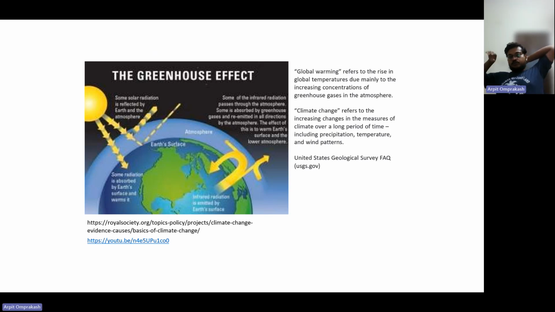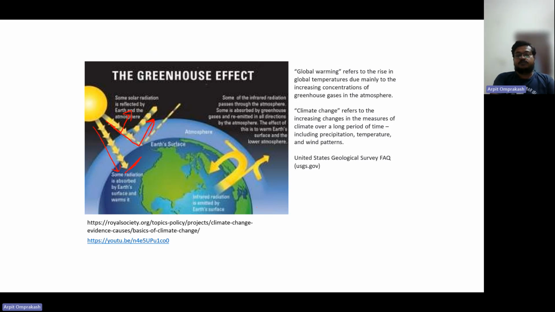So basically, what they do is, when the sun is putting light on Earth, putting the energy on Earth, solar radiation is coming to the Earth. What is happening is some of it is reflected by the atmosphere, some of it comes to the Earth's surface and gets reflected, and some radiation is absorbed by the Earth's surface, right? So we have these three things. Some of it is coming and going here, some of it is coming and going here, and some of it is going and getting absorbed here.